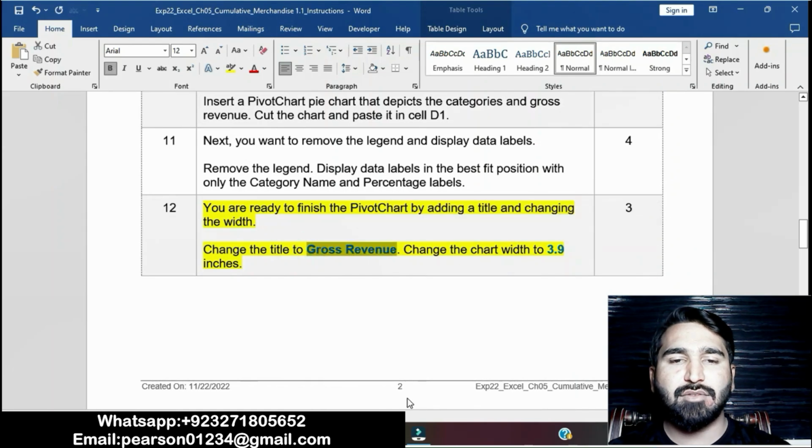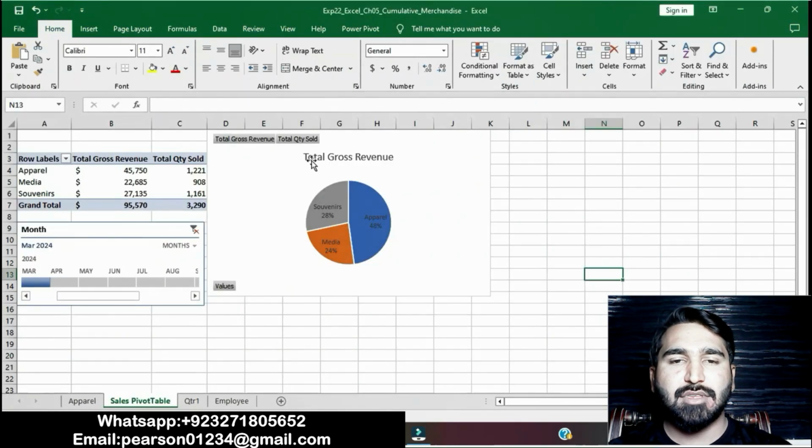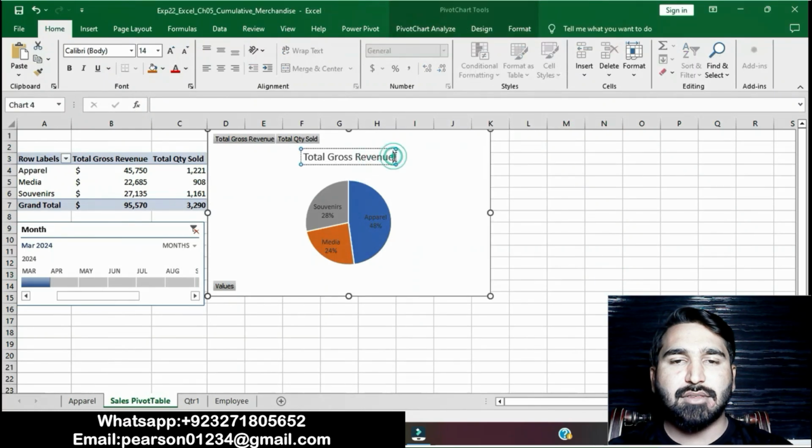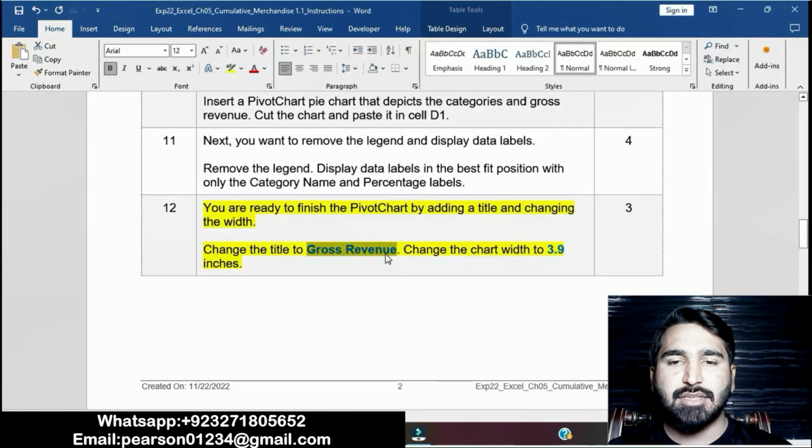Copy this gross revenue and move to the Excel workbook. Change this title to gross revenue. The pie chart title is gross revenue. Then change the chart width to 3.9 inches. Okay, chart width